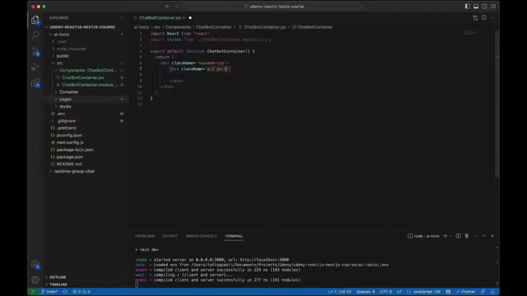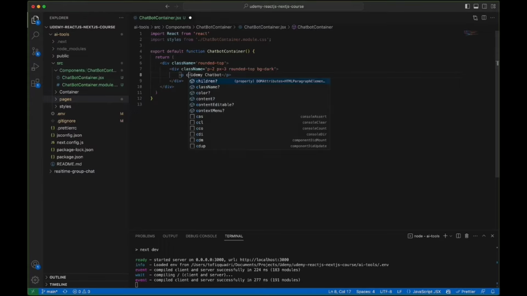and we'll also give it rounded top over here, and we'll use background dark from bootstrap so that the background of our header stays dark and we can use white text in order to show our text. Inside this we'll create a paragraph. We'll write chatbot over here. Since this is our chatbot, we can give it a more meaningful name, like let's say Udemy chatbot. And we will also give it a class name, and we will give it text white since our background is dark. And we will also give it margin bottom 0 so that the additional padding or margin for the paragraph